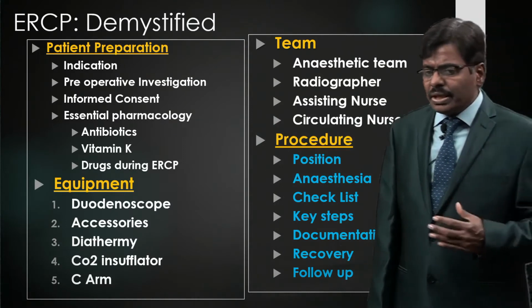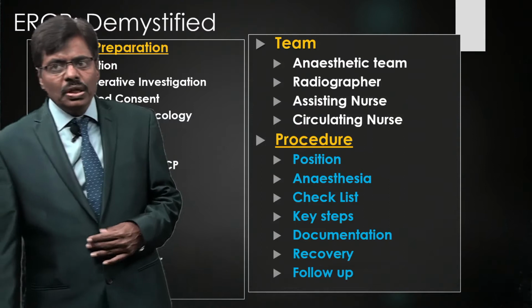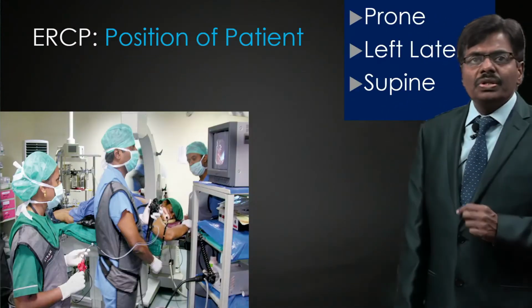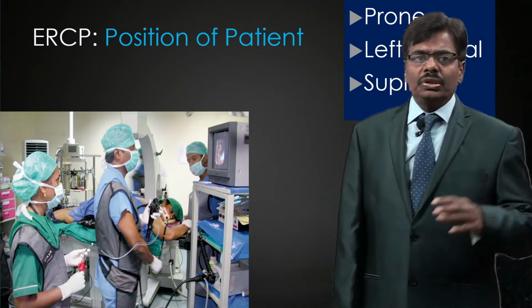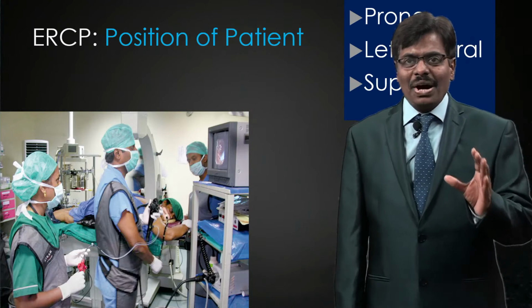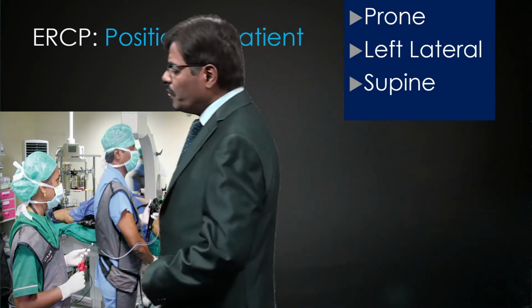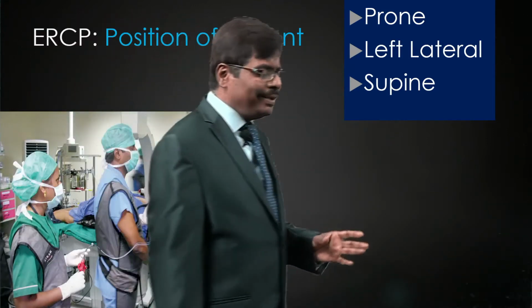So let me take you in the next 15 minutes or so with a couple of videos on the key steps to reach up to the ampulla. Okay, to do that, I have right here a patient who, as you can see, is prone. That is the commonest position we normally see. Left lateral, which normally we do for endoscopy, is okay, and the supine, nowadays I am using it increasingly,